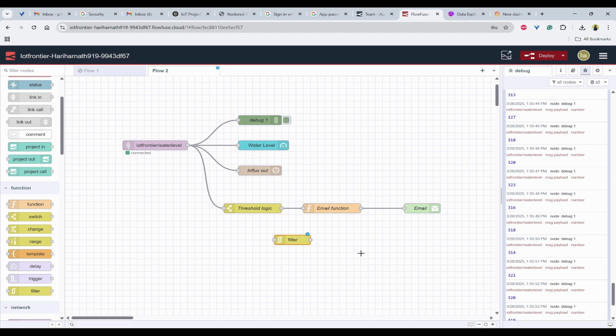This will only solve the problem of duplicate messages. But what about continuous messages that we are getting in the email? For that, you can use another node called trigger. This trigger will allow only one email within a defined time interval. For example, if I put 1 minute, if I am getting 300 above, I'll only send it after 1